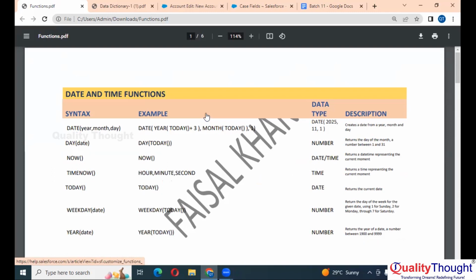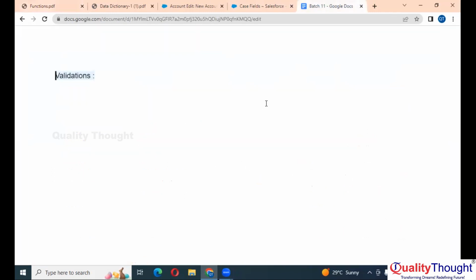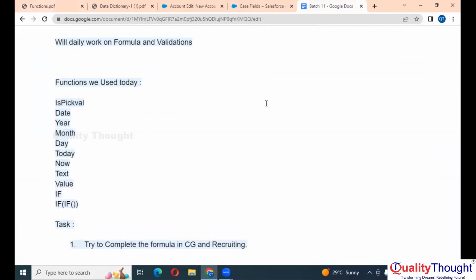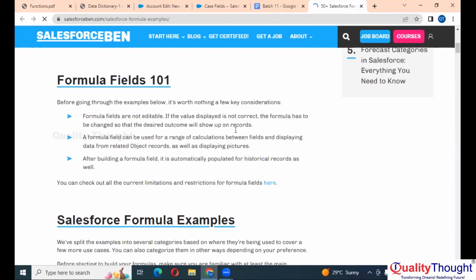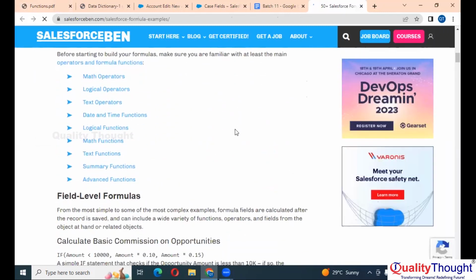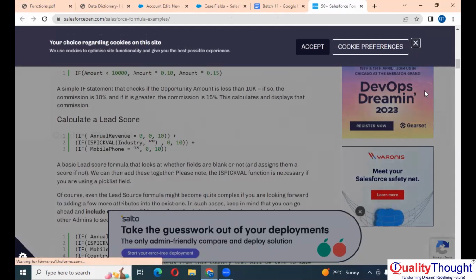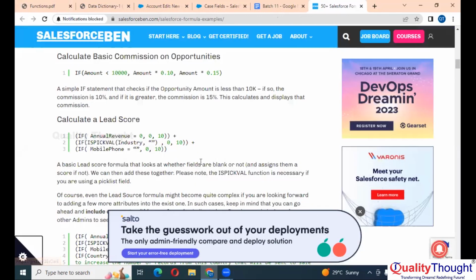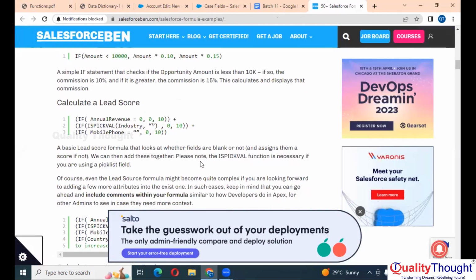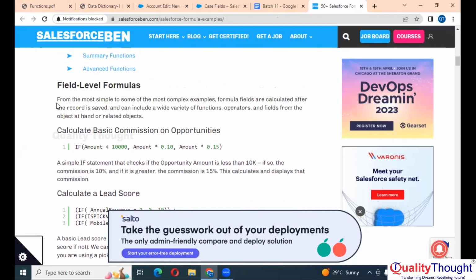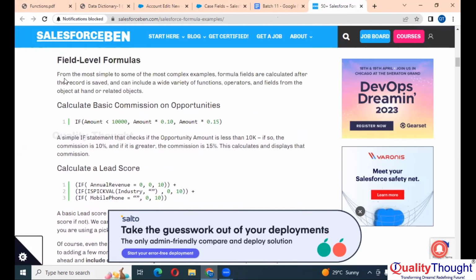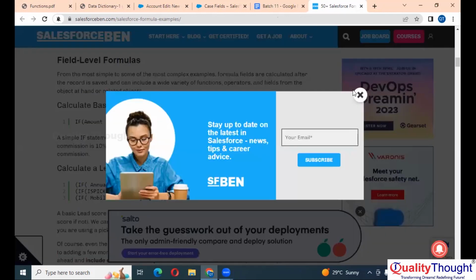Now apart from this, if you want something more, if you want to work on more formulas, here I put the example video link. Using this, here you will have the formulas. Okay, from here you can understand the formulas in a better way. For example, here, from the most simple formulas,